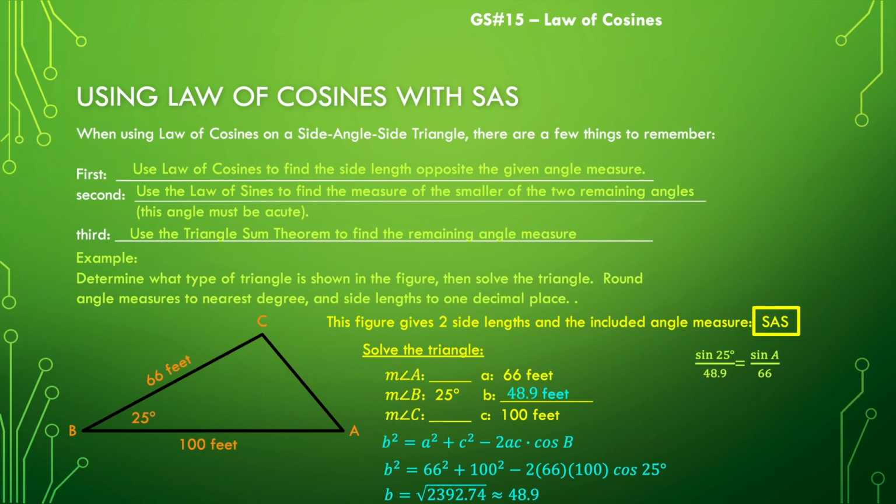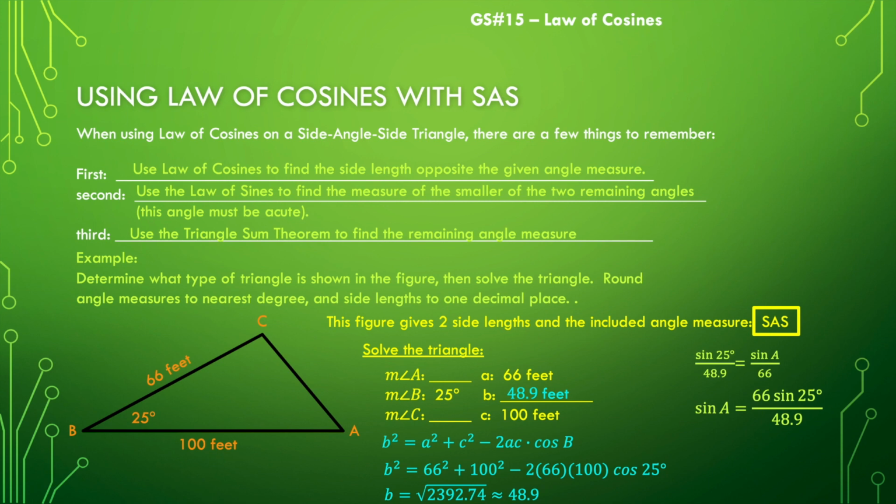Sine of 25 degrees over 48.9 will equal the sine of angle A over 66. We will isolate what we're trying to solve for. So first we'll isolate sine of A by setting it equal to 66 times the sine of 25 degrees